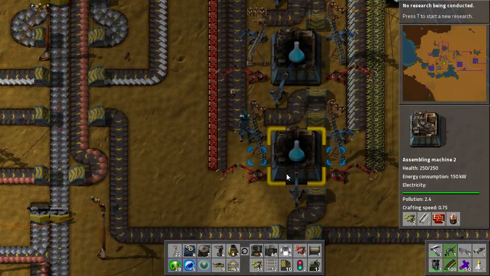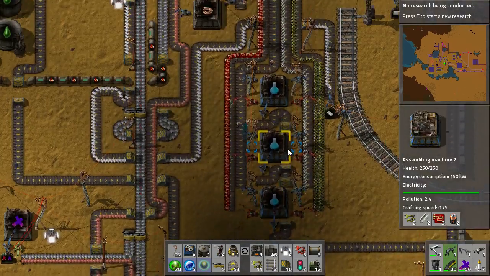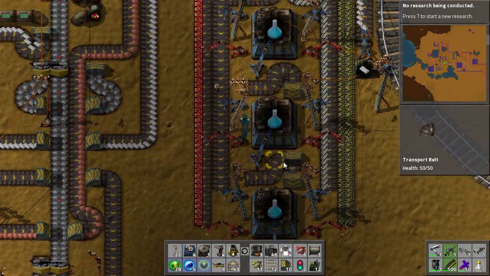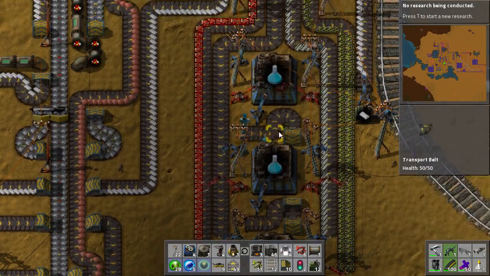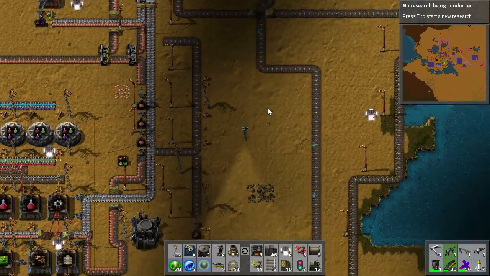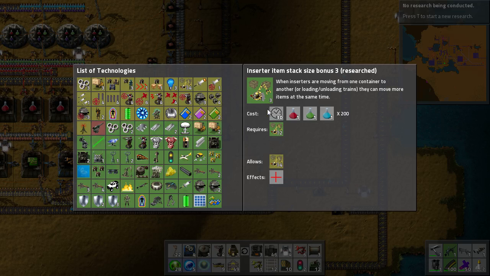Now the test will be to see if it backs up. That will be the test. It looks like it's going to. Maybe. Maybe not. But either way, we've got our blue science going. So that means what we should probably chase after next is actually...